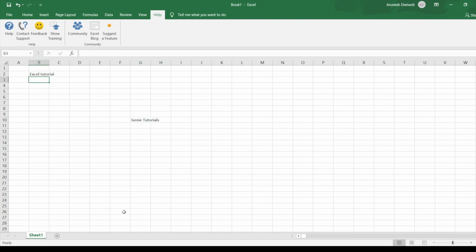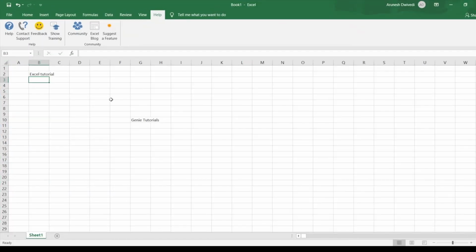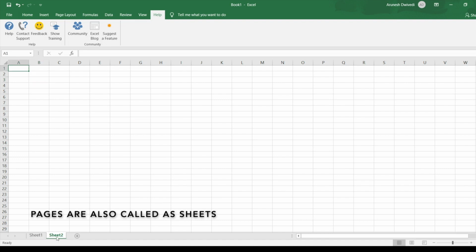While Book 1 is called a workbook, every workbook will have multiple pages in it. This is one page of this workbook. By default it will be named Sheet 1. If you want to add multiple pages, then you can press this plus icon and multiple pages will keep on inserting. There is no limit. I mean, there will be some limit, but you will never reach that limit because it is pretty high. So you can add as many sheets as you want.